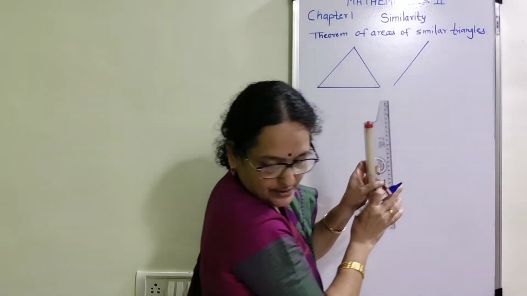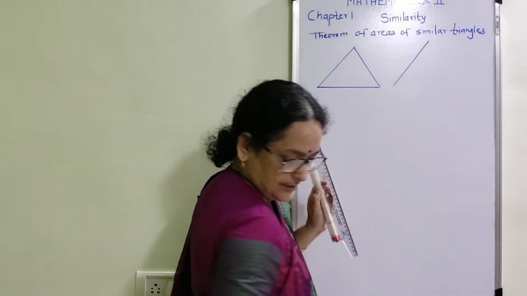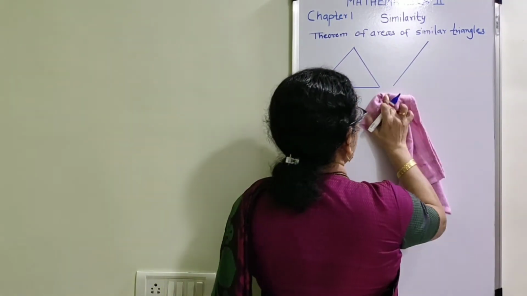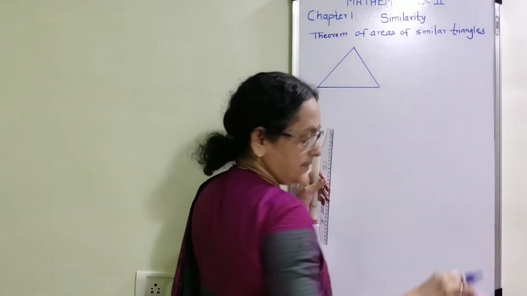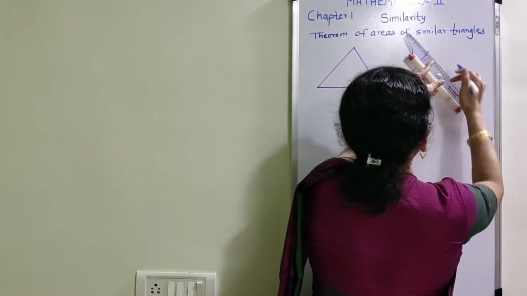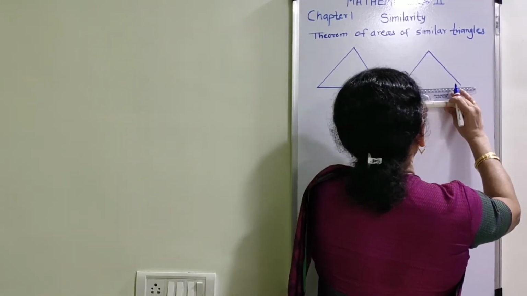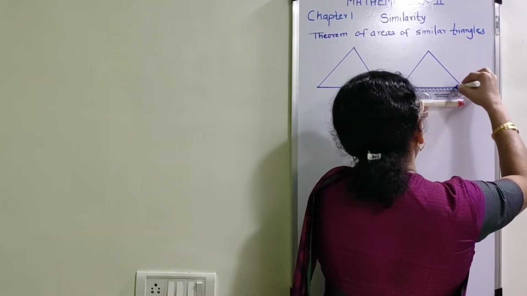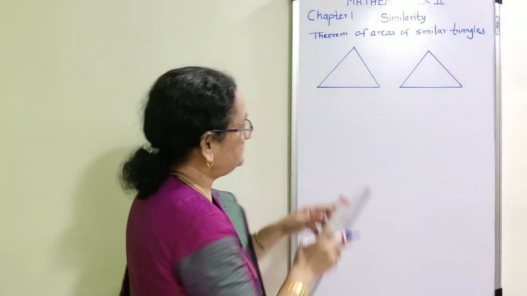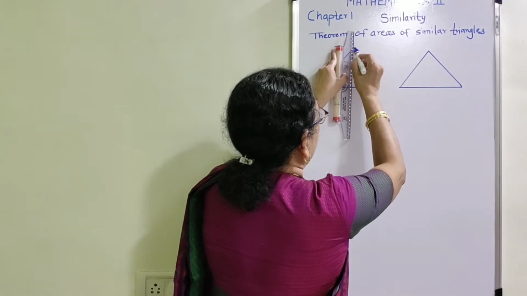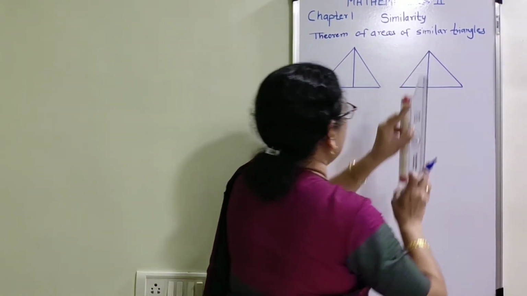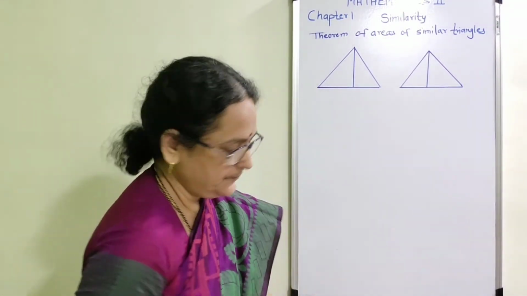Now here two triangles are given, one is bigger and the second one is smaller. Both the triangles are similar to each other, but the first one is bigger and the second one is quite smaller as compared to the first triangle. Now here we are going to determine the heights of both the triangles. They have given a perpendicular on the base, that is